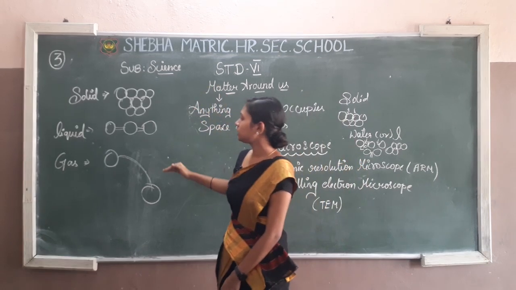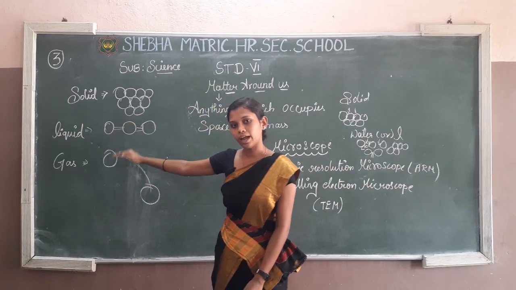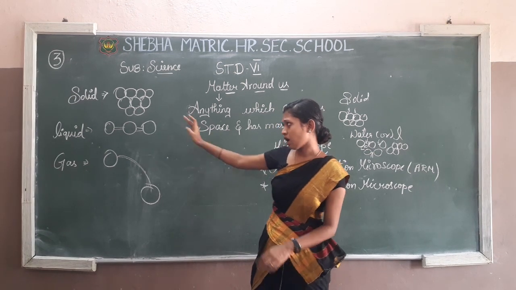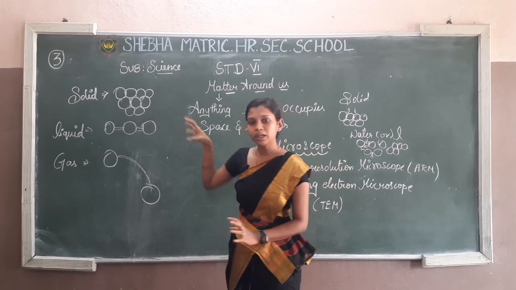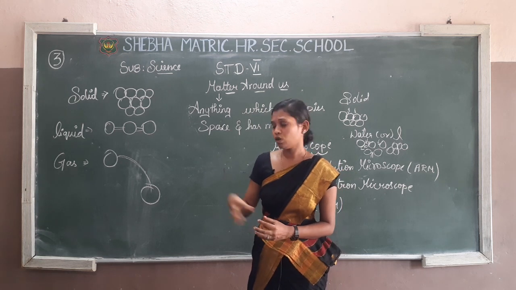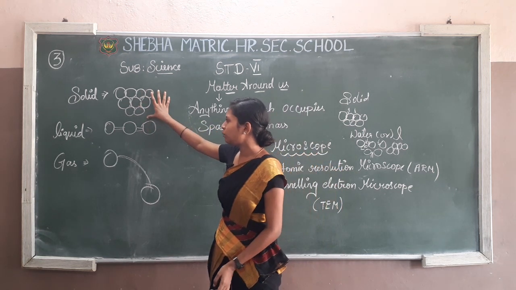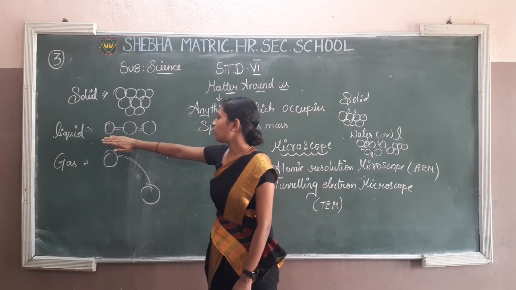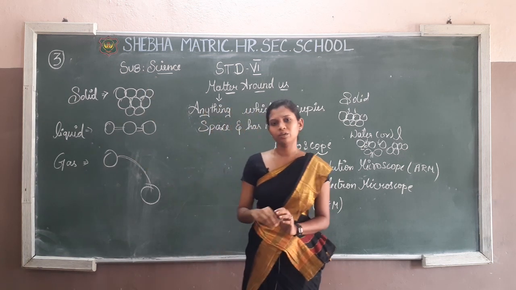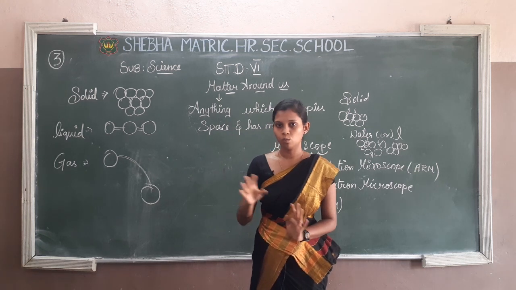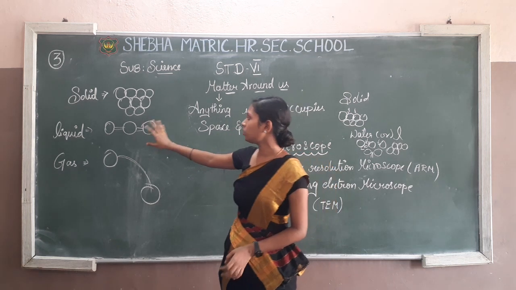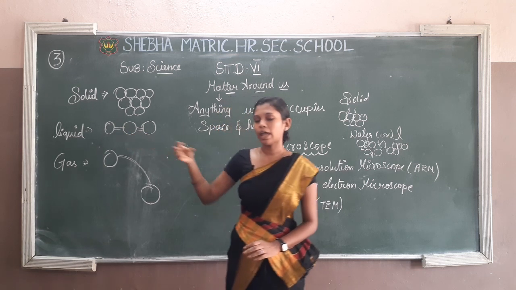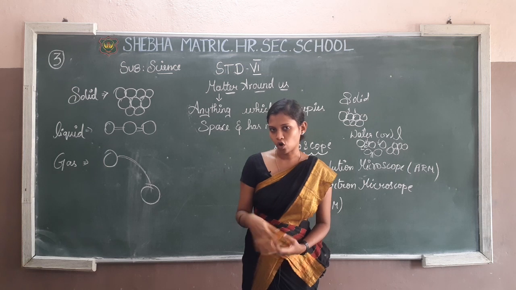Next I am talking about matter. Matter has 3 types: solid, liquid and gas. I already told you solid means tightly bonded. The atoms and molecules are tightly bonded, there is no space at all, that is a solid. And what is a liquid? A liquid is loosely bonded, not too loose but not tight, normally loosely bonded. You can merge it with other elements also.